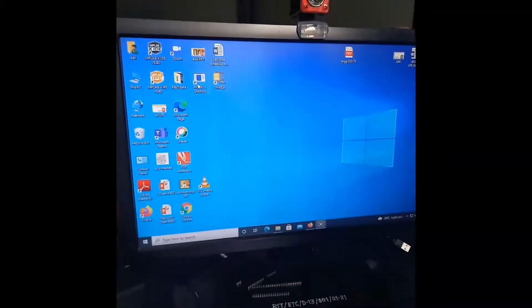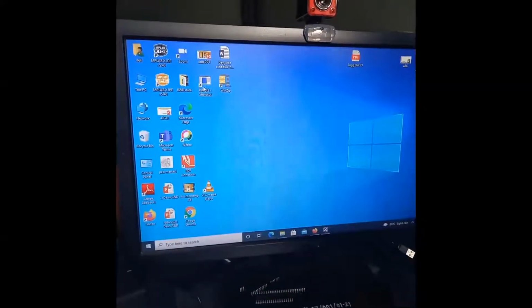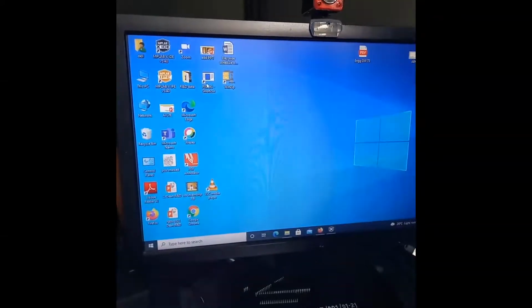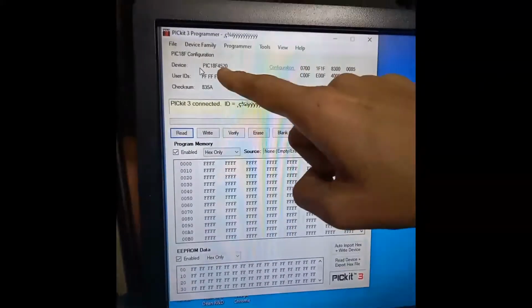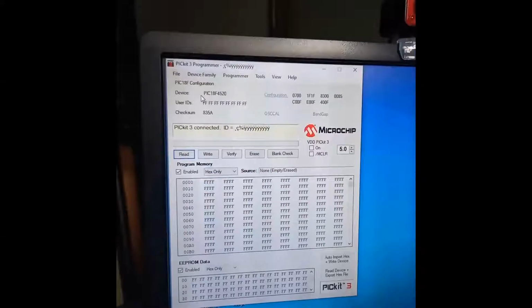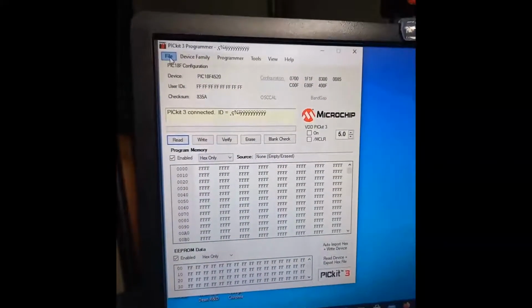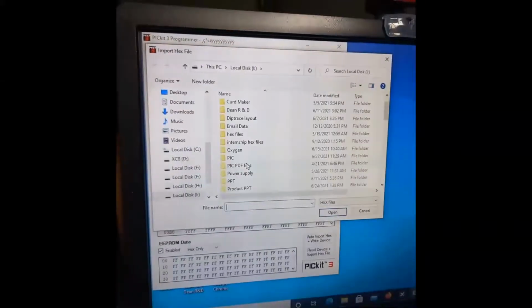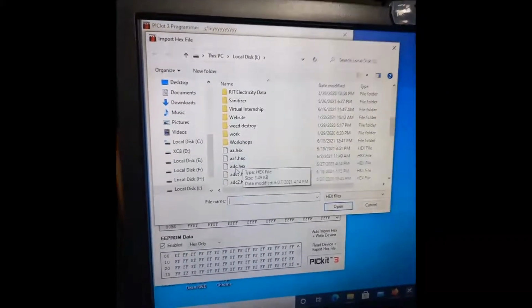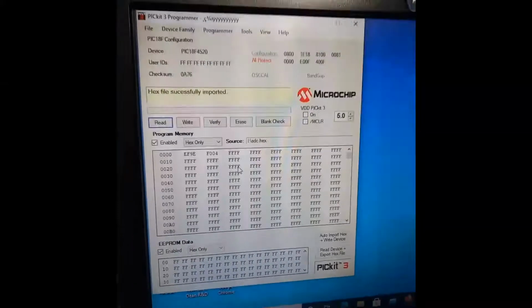Now open PICkit 3 software. Here device is detected. Device is PIC18F4520. Now let us import hex file. Import. Name of hex file is adc.hex.